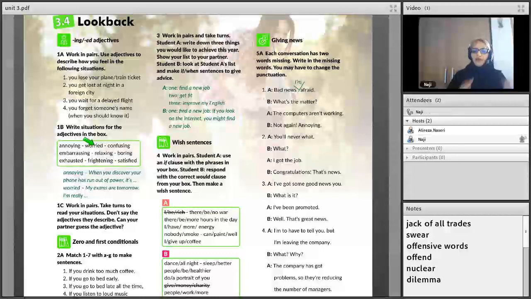So, about ing and ed, let me review it once again. We use the ing form for an outside factor that causes a feeling in you. That outside factor is expressed by the ing form, and your feeling